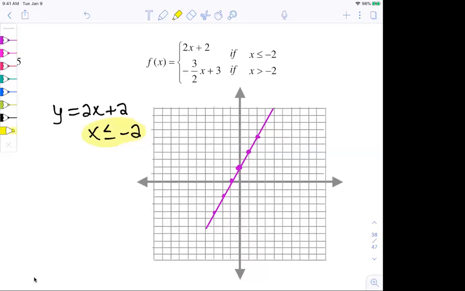So after you have your line, I've got this whole line drawn. Am I going to go where x is -2? I usually just make a little tick mark there, just kind of highlight that value. Then I match that value up with my line. It says less than or equal to. So less than or equal to. Fill in that circle.